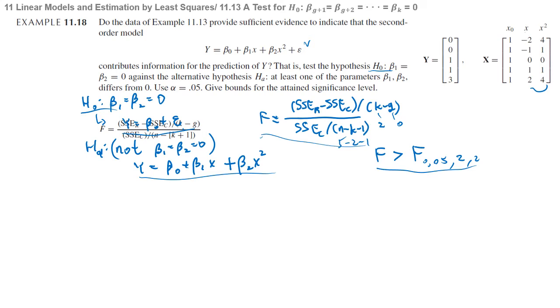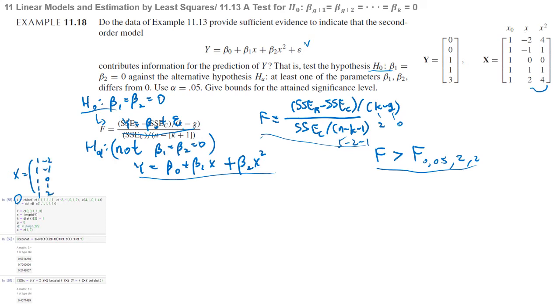The next thing is to calculate. You can calculate it using R. So using R, we define our matrix X like this. X is 1, 1, 1, 1, 1, and minus 2, minus 1, 0, 1, 2, and x squared is 4, 1, 0, 1, 4. So this is our matrix X, and we can calculate beta hat this way. Beta hat is x transpose x inverse x transpose y, and also you can calculate SSE complete